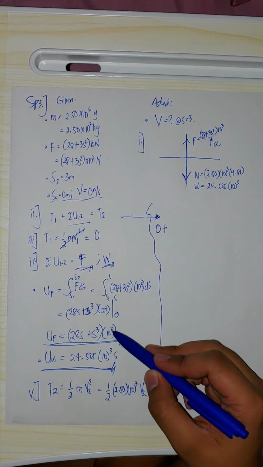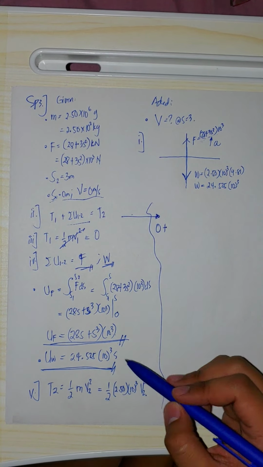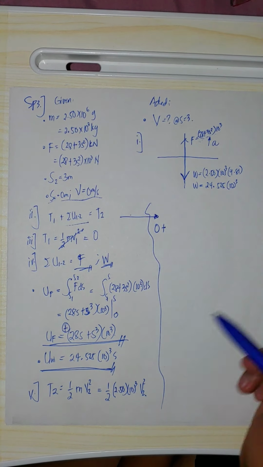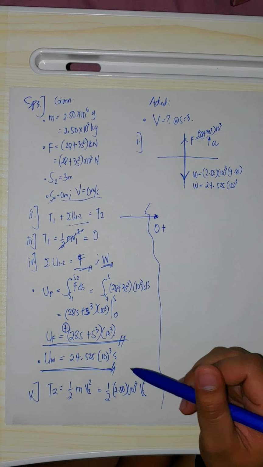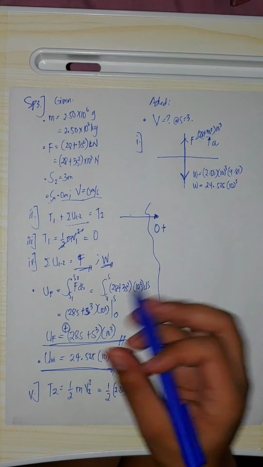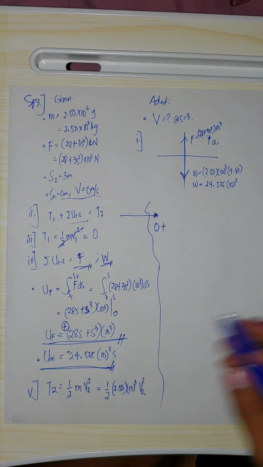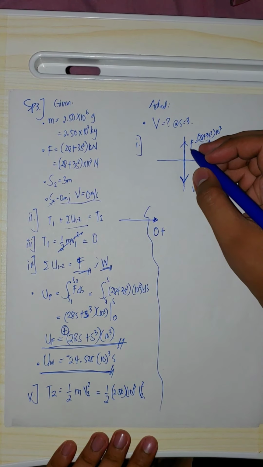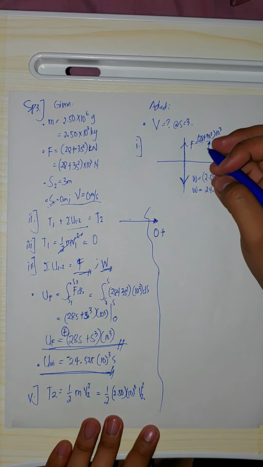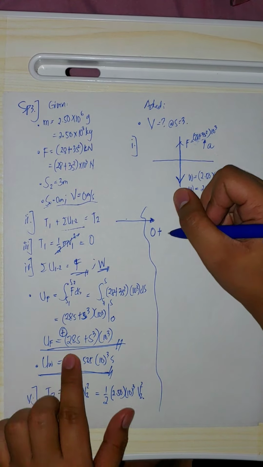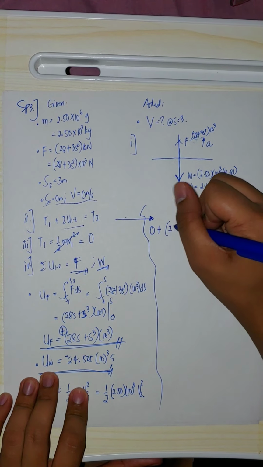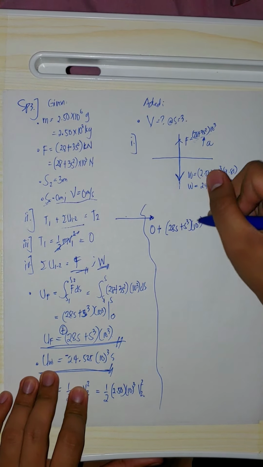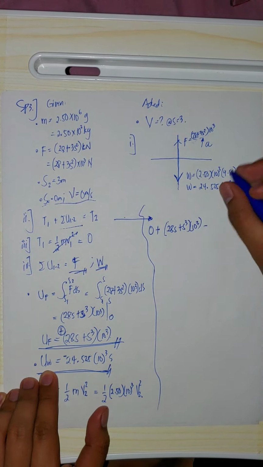So the total work done: the work due to the force, since the motion is upward and the force is upward, this is a positive work. The weight is downward, and the direction of the weight is downward while the motion is upward, so this is a negative work. So we can write, from our sample here, we have 28s plus s cubed times 10 cubed minus the work due to the weight, that is equal to minus